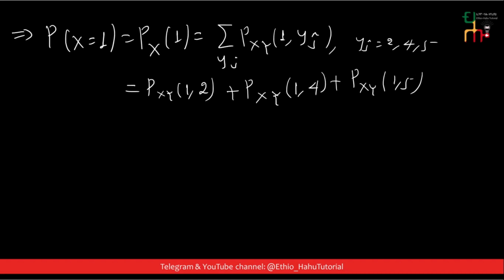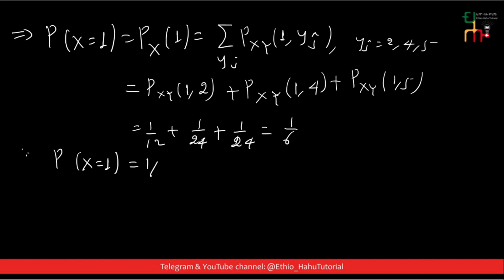ይሆናል ማለት ነው። ስለዚህ the joint probability mass function of 1 comma 2 1 comma 4 1 comma 5 ከቴብሉ እንደምታገኙት ስንት ይሆናል ማለት ነው? 1 over 12 plus the joint probability mass function of x y of 1 4 ማለት ስንት ይሆናል? 1 over 24 plus the joint probability mass function of 1 comma 5 ማለት 1 over 24 ይሆናል ማለት ነው። ይሄንን ብትደምሩ ስንት ታመጣላችሁ? 1 over 6 ማለት ነው። Therefore the marginal probability mass function of x is equal to 1 is 1 over 6 ይሆናል ማለት ነው።